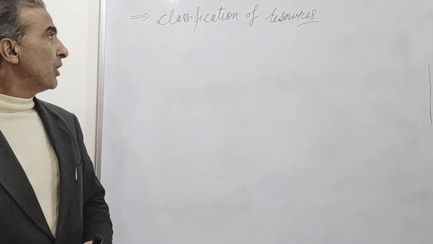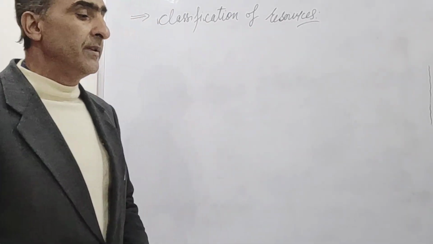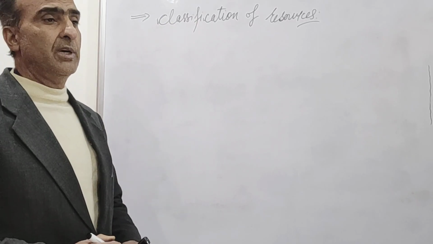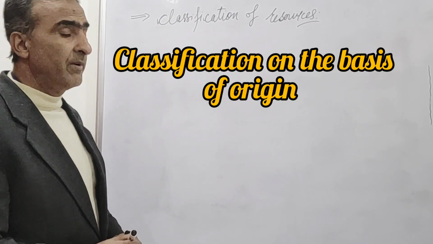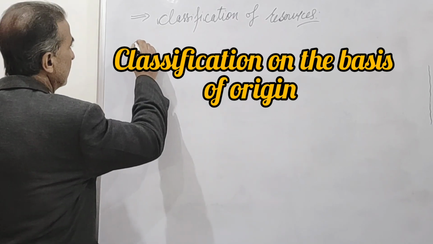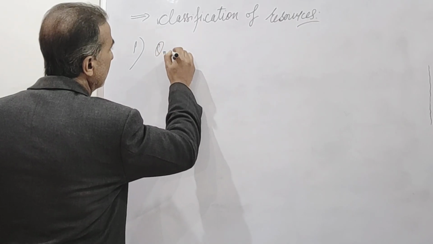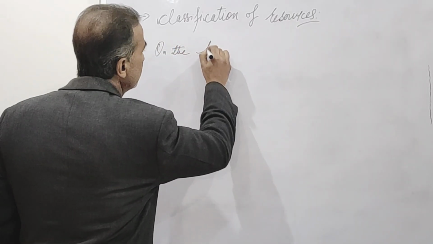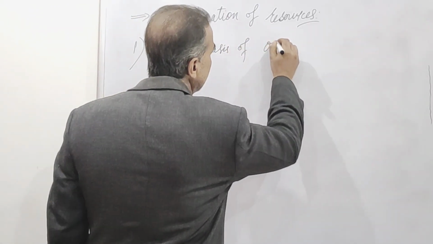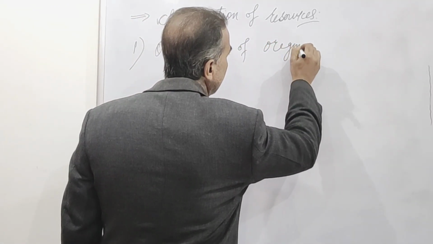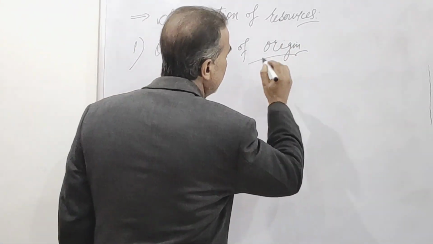Now, today's topic is classification of resources. There are different classifications of the resources. The first one is classification on the basis of origin. Now, on the basis of origin,